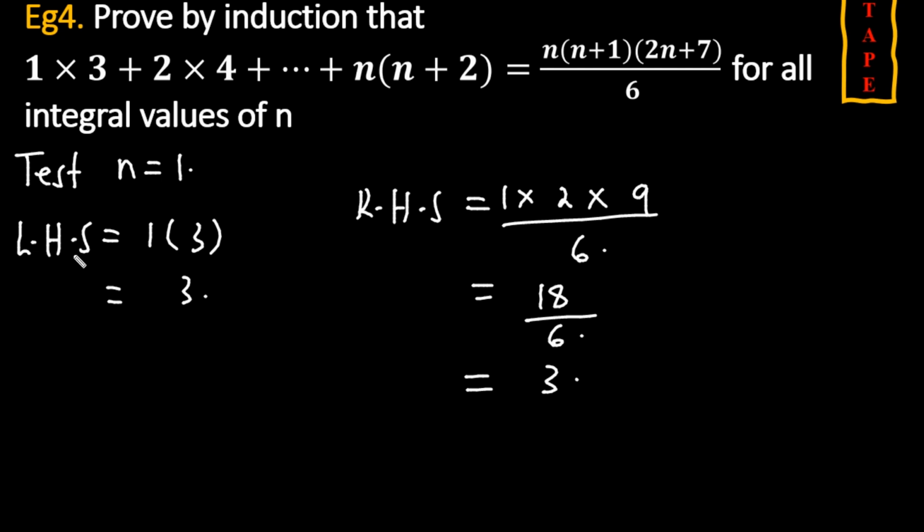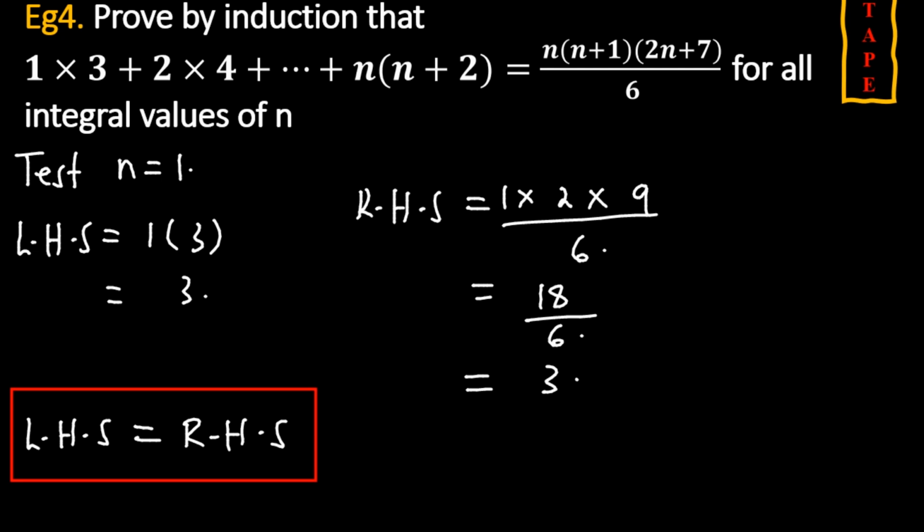Now when I compare the left hand side to the right hand side, it is clear that both sides are equal. And when I see this happening, I'm going to say, hence, the formula is valid for n is equal to 1. Now, since that is true, I cannot conclude that it is true for all values of n. So I'm going to assume